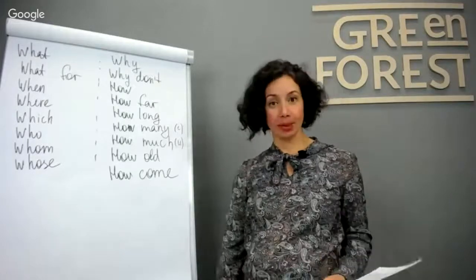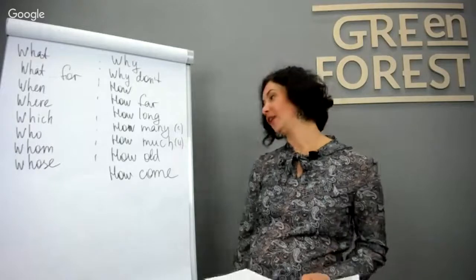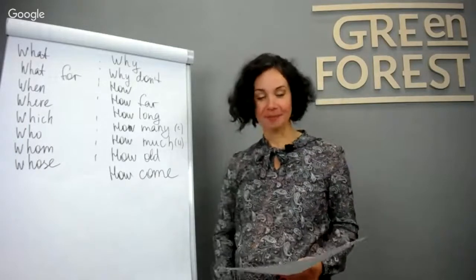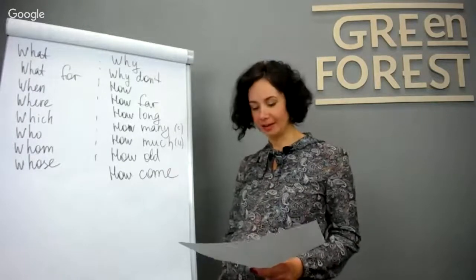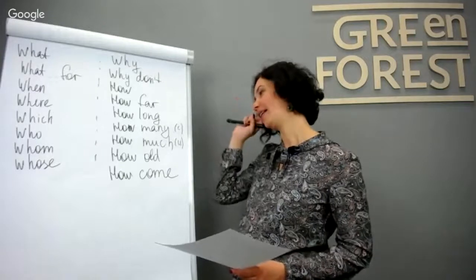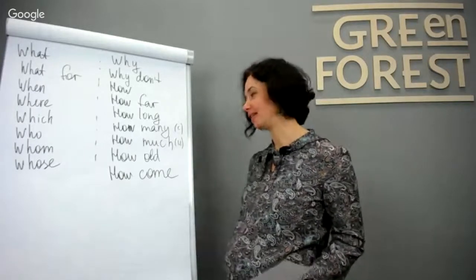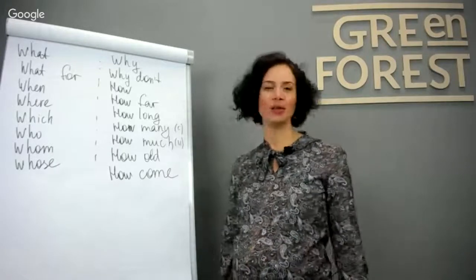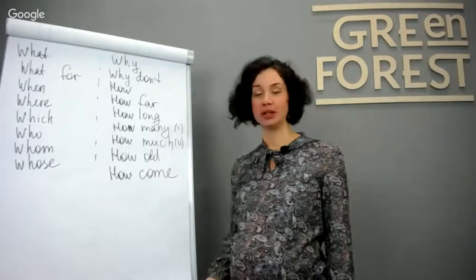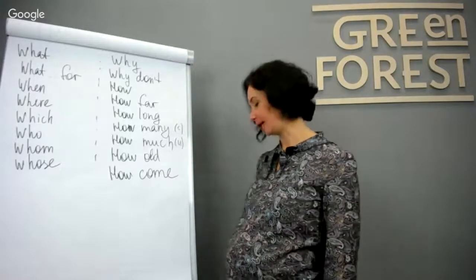How old? We ask about age. How old are you, of course? And how come? It's very informal, and this is the same as why. How come I can't see her, or like, why can't I see her, or how come I didn't know about that? It's like, why didn't I know about that. Sounds very nice. I love it. Especially, it's very typical for American English. If you watch some American sitcoms, I'm sure you will notice them.